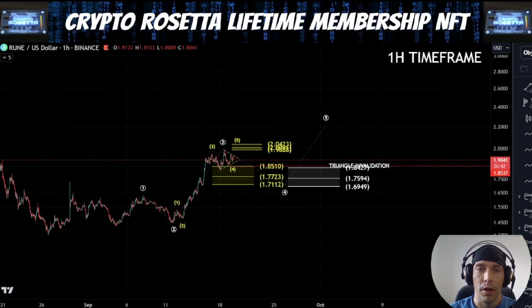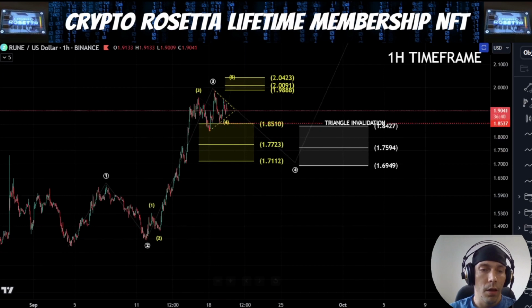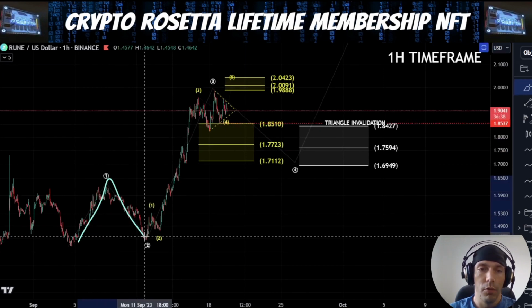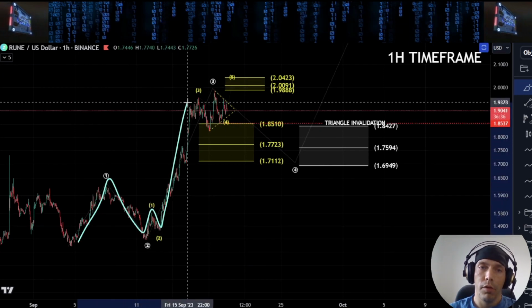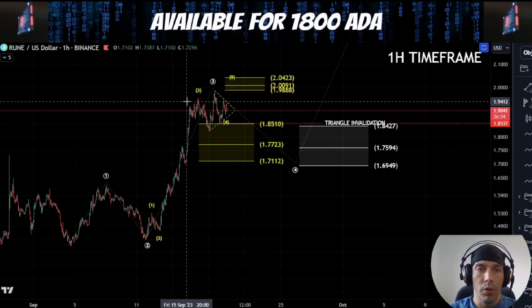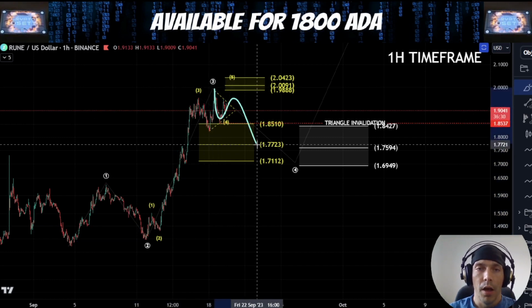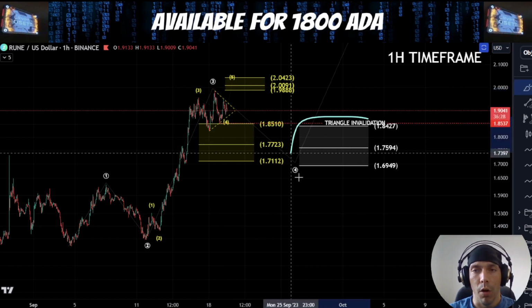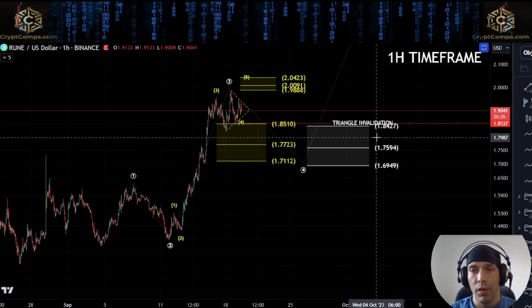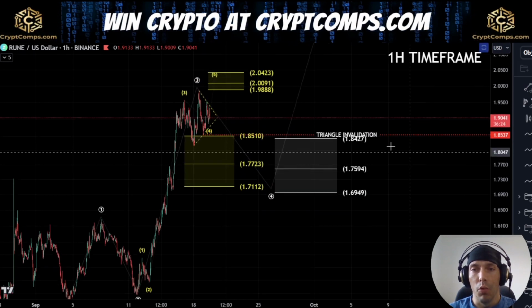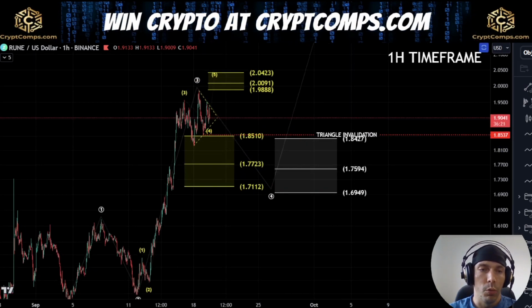So the way that I'm currently looking at this structure is that internally here, this is 1, 2, and then we have this as 1, 2, 3, and now it is possible we could argue this is 4 and 5, and this is completed, and then we would be looking for a bigger retracement here in this white 4th wave. Now, if this is the case, what we'd be expecting is a move down towards this 184 to this 169